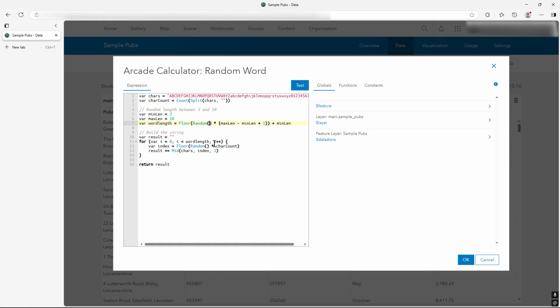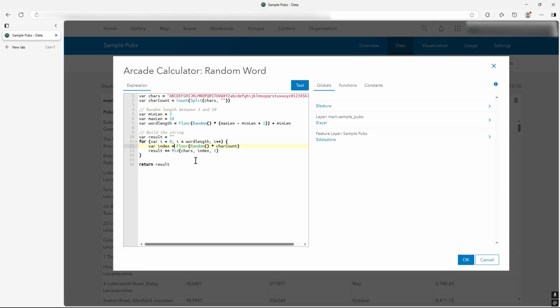Then I set a random length of a word between this max and min. Now, there's an interesting thing there with the +1. That's to make it go right up to the maximum of 10. It's not just in between 3 and 10, it's up to 10. So make sure, because random, don't forget, returns between 0 and 1, so up to 0.99999, etc. What I'm doing is forcing the minimum length an additional 1, so I get a guaranteed max of 10. And I null the result, just empty it, declare it effectively, and then I go through each letter adding it together